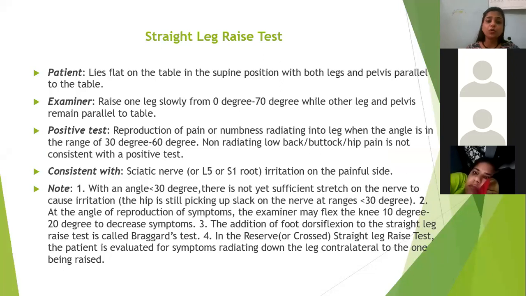Don't tell the patient to raise the leg up. You have to keep your hand at the ankle and passively raise the leg, okay. And if the patient feels pain between 30 to 60 degrees, it indicates a positive SLR. Non-radiating low back, buttock, or hip pain is not consistent with a positive test. So what it shows is sciatic nerve involvement, L5 and S1 root irritation on the painful side, okay,